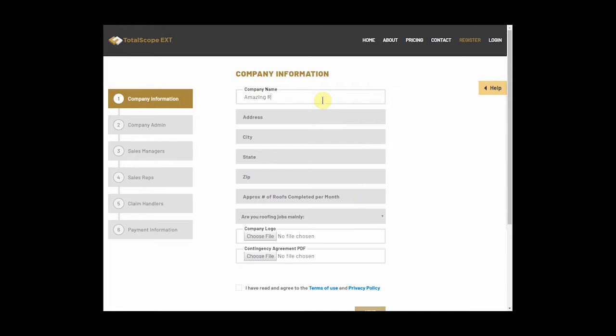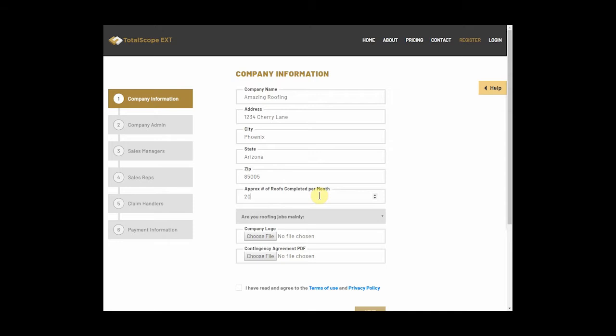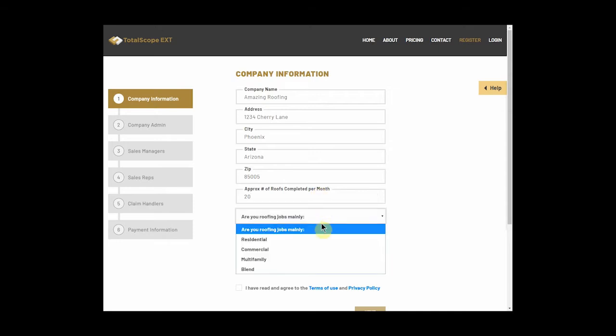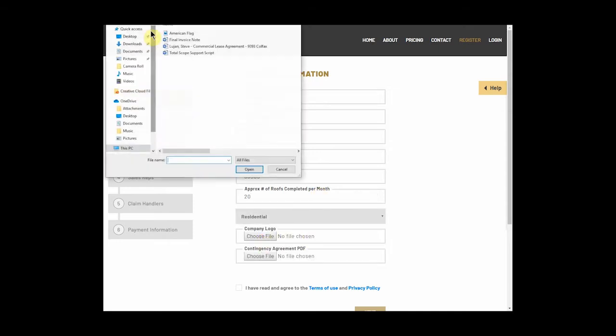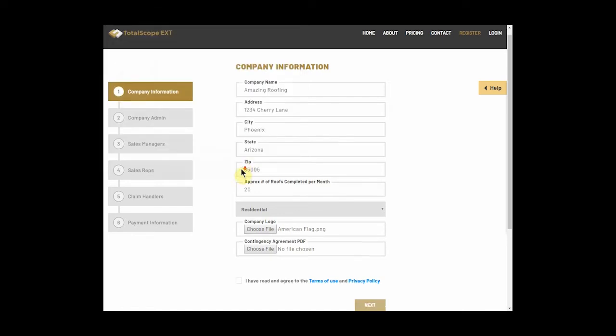And what we're doing here is basically going through the hierarchy of your company. You can see us putting in just a fake company, for example. This is fairly easy. Name, address, city, state, zip code. That's very straightforward. At the bottom, you have a couple questions. Your approximate amount of roofs per month, what you primarily do, residential or commercial, and then your company